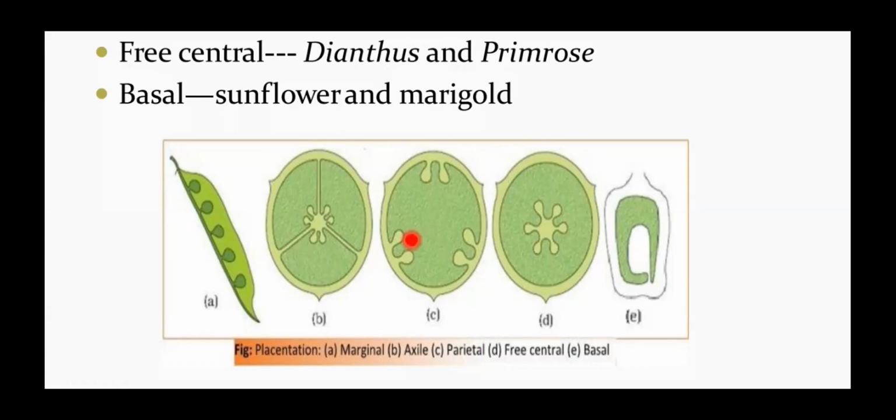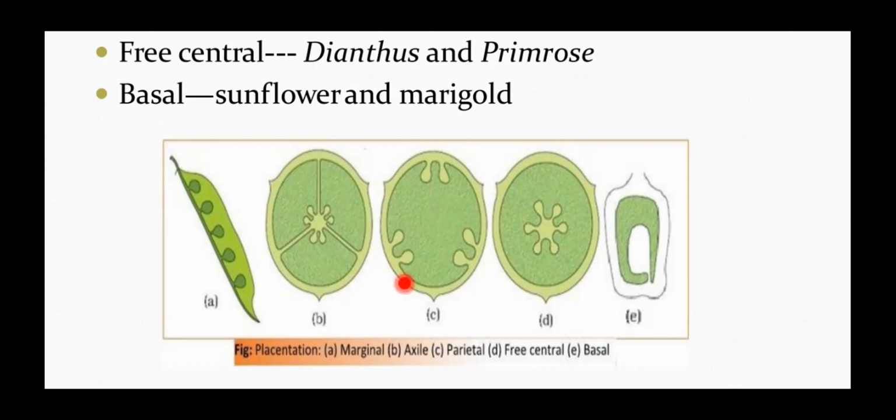The next diagram you can see here is the parietal type of placentation. What happens here is that the ovules develop on the inner wall of the ovary, on the peripheral part. Usually the ovary is one-chambered or single-chambered here, students, but it appears to become two-chambered due to the formation of a false septum, called the replum, as you can see in mustard. Brassicaceae, mustard, and argemone are examples.